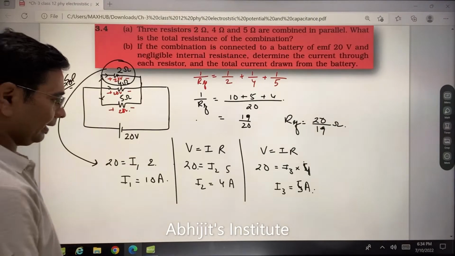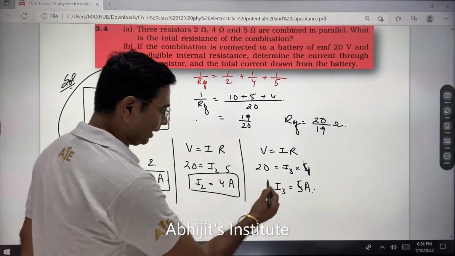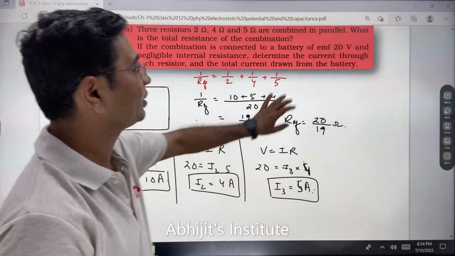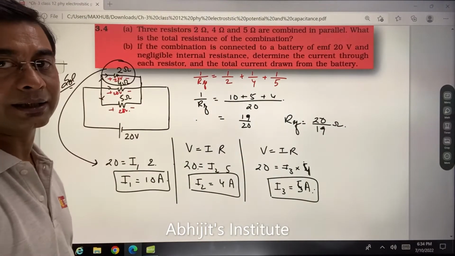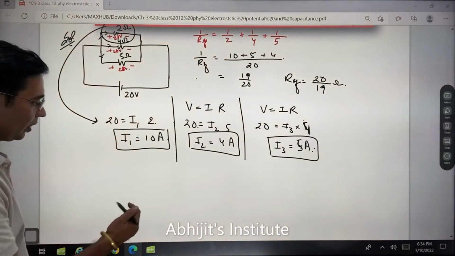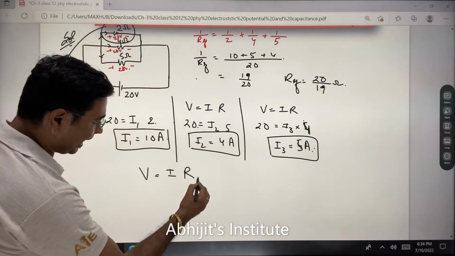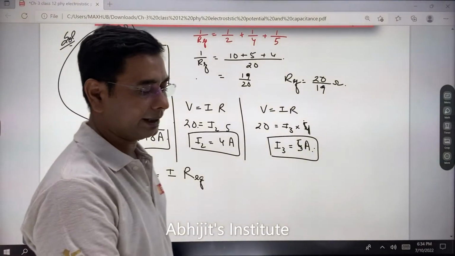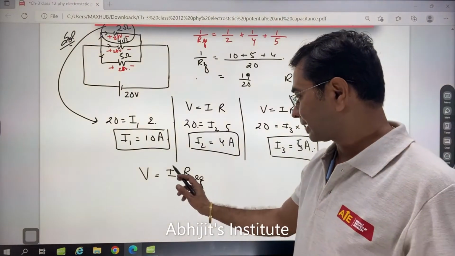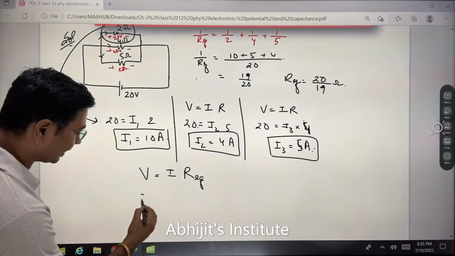You can see this is my first current, the current through the second one and the third one. और आपको पता है, पैरेलल में हमेशा करंट डिवाइड हो जाती है। उस चीज़ को अगर आप देखना चाहते हैं तो आप देख सकते हो, जैसे सपोज आई से V इज इक्वल टू I R, और R आई से R इक्विवेलेंट, राइट? सो इफ आई से R इक्विवेलेंट, इसका मतलब पूरे सर्किट की बात कर रहे हैं, इसका मतलब मेरी जो करंट है वो भी पूरे सर्किट की आएगी, तो इसलिए पूरे सर्किट की तो वोल्टेज दी ही हुई है,